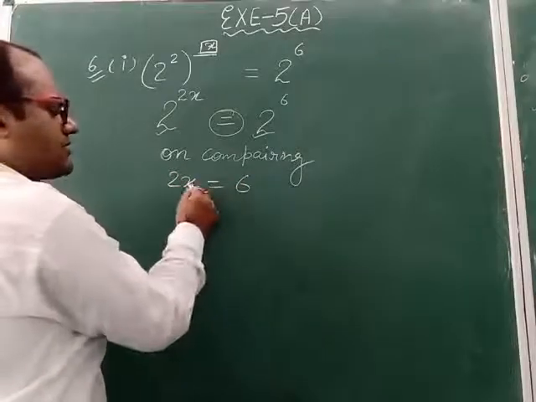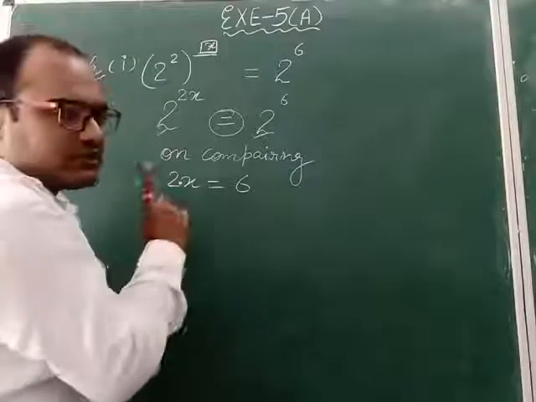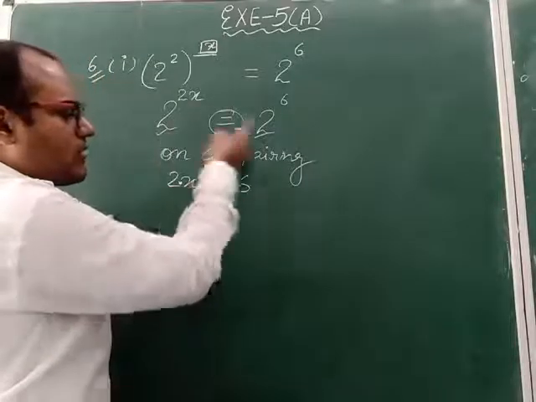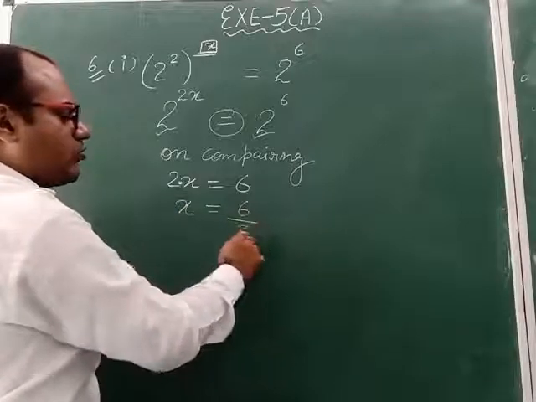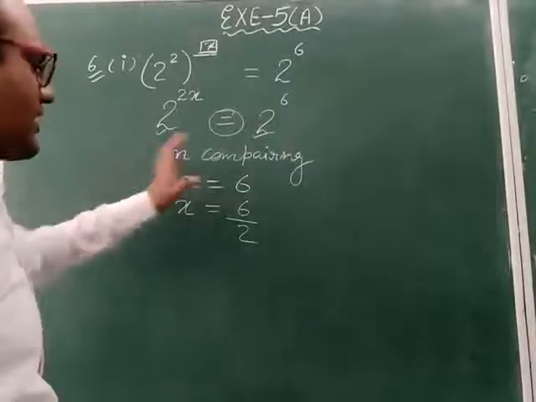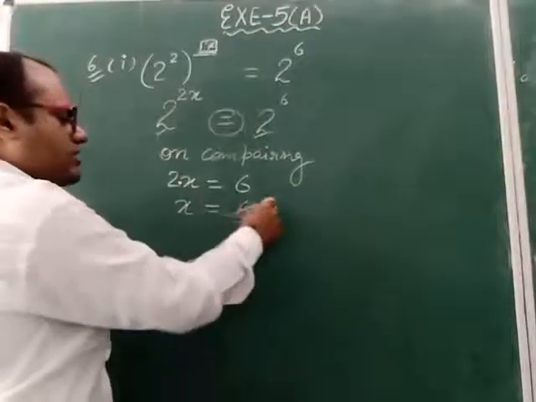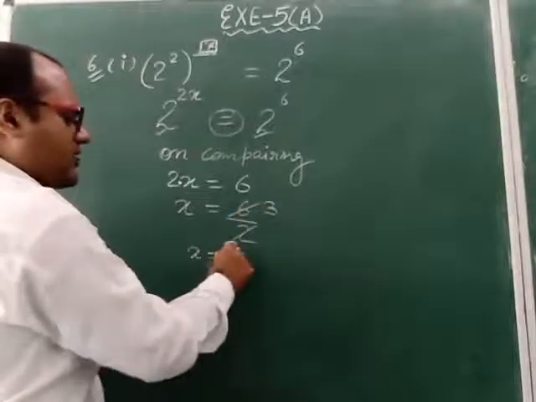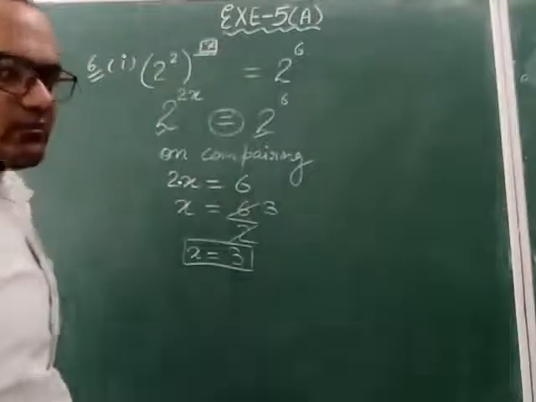Now 2 and x, between these two things multiply is there. No sign means multiply. So multiply 2 will come to the right hand side. So x equal to 6 divide 2. The thing which is in multiplication on the left will come in division on the right hand side. So we divide: 2 threes are 6. So finally the x answer is 3. That means here in the fill up we have to fill 3.